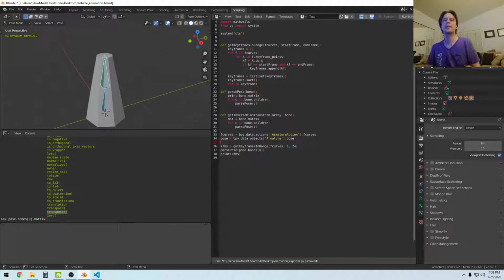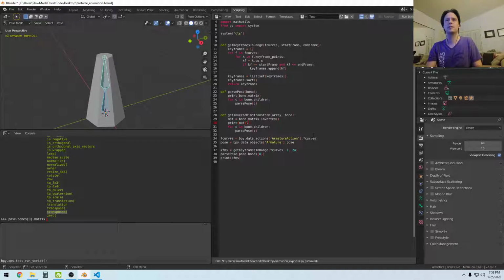Let me see. Matrix dot inverted. Let me just run that. Okay, it doesn't give me any errors. So okay, I guess let me just print that. Put that on hold for now, and then let me see, get